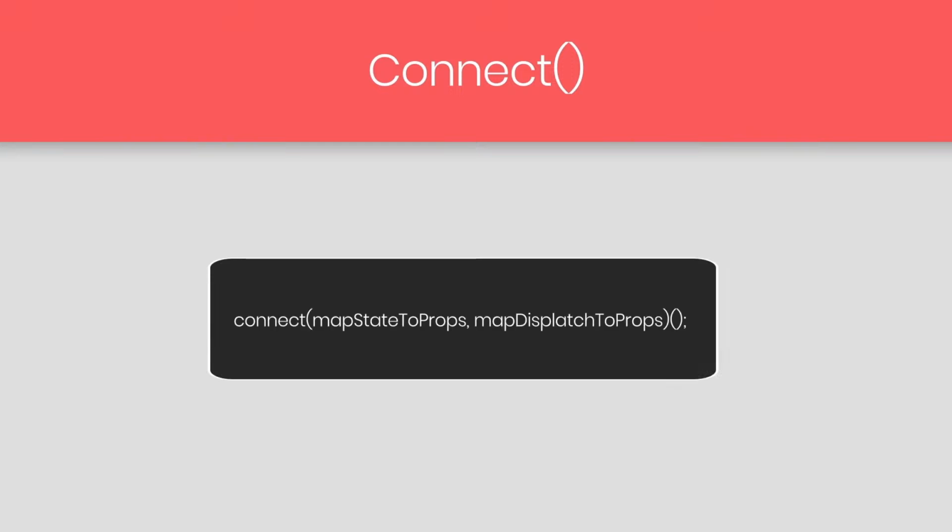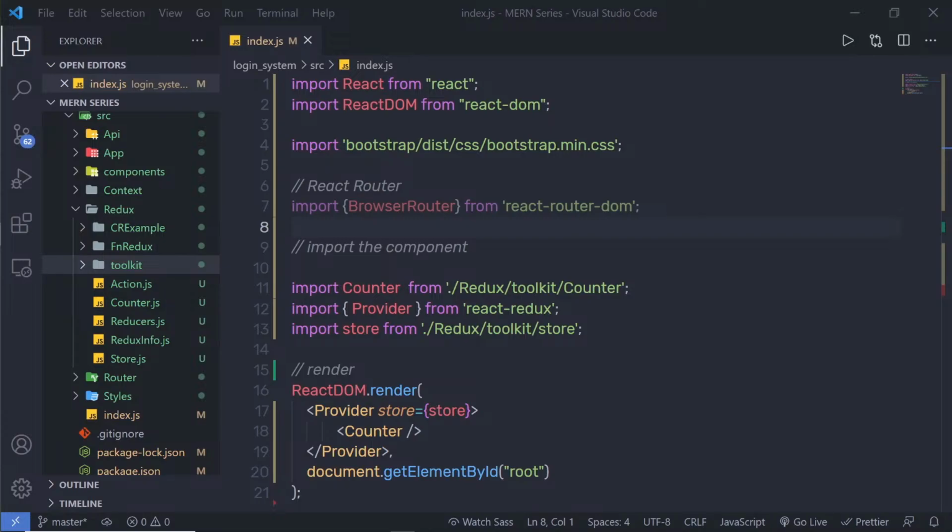The connect function has two important parameters. First is mapStateToProps, and second is mapDispatchToProps. Let's see how to use these functions to create a Redux application. I'm going to use my previous example to show you how you can use both these functions. So I'm going to open my Visual Studio Code editor, and inside this Redux folder, I have my previous files